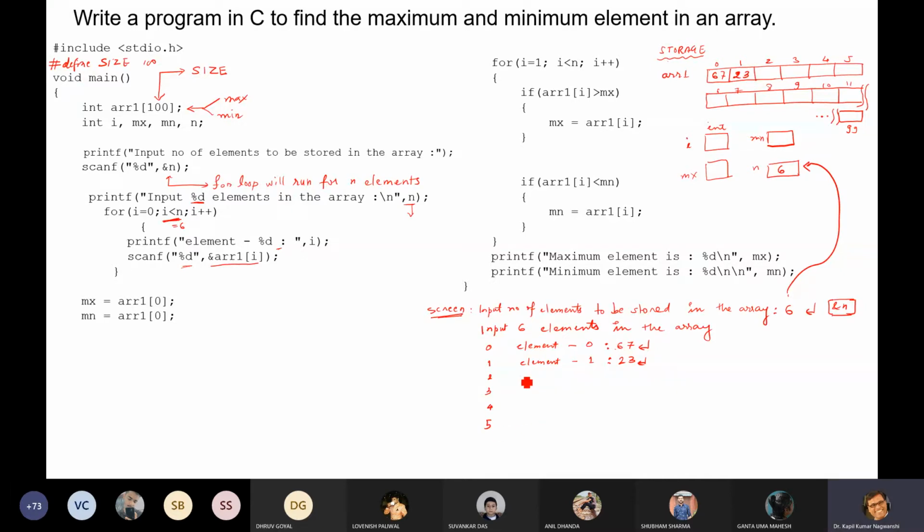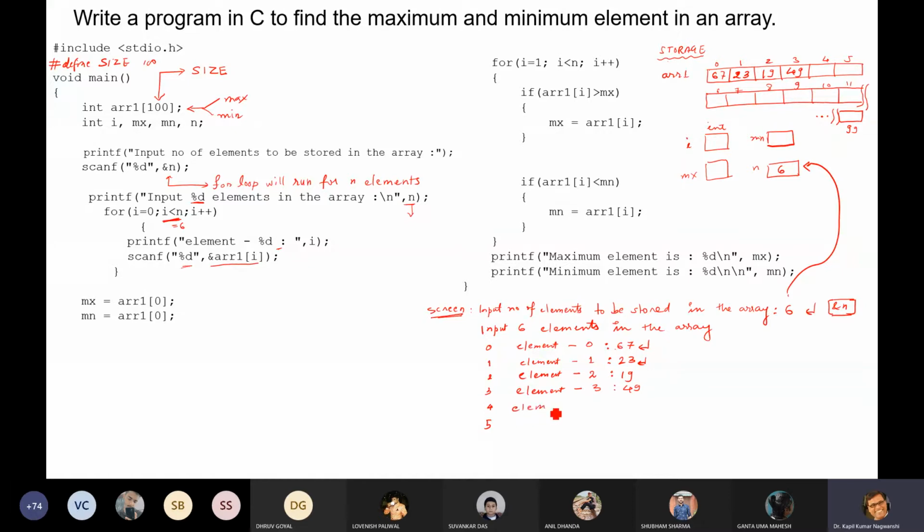Now come to the next loop. This will be element I. The value of I is 2. Suppose I had entered 19. So 19 will be here. Then the next for loop will start, element 3. Suppose it is 49. So 49 will be stored here.